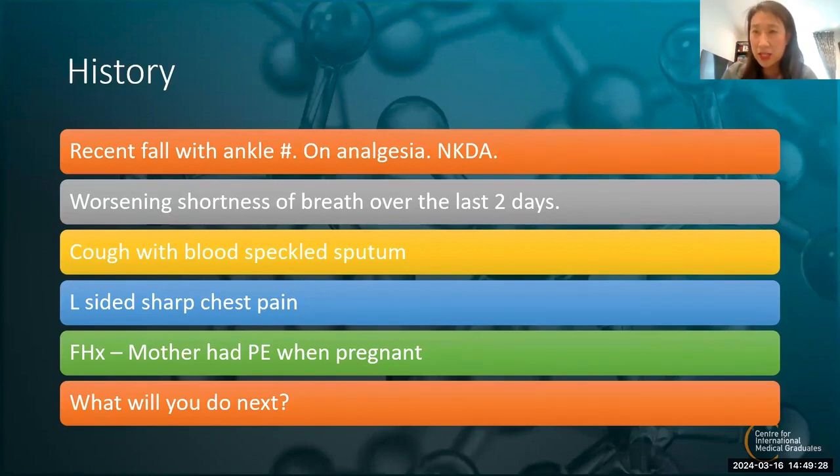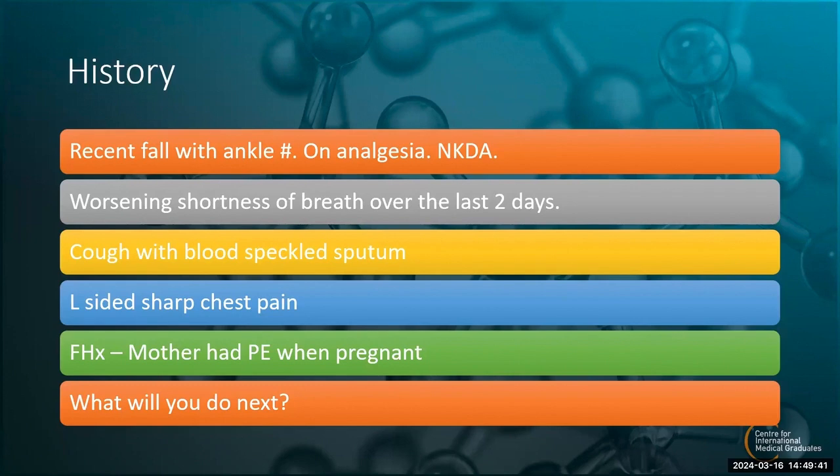I think someone mentioned A to E examination as well. So I don't know if someone would like to elaborate what are the things that you would be looking out for if you suspected someone had a PE. In examination, in A to E assessment, we'll assess the heart rate of the patient. And usually we do Wells scoring for these patients, like for PE and DVT, if we are suspecting that. So on the basis of a Wells score, we will go for further investigations, like if we are going to do a D-dimer just to check whether it's high or not,